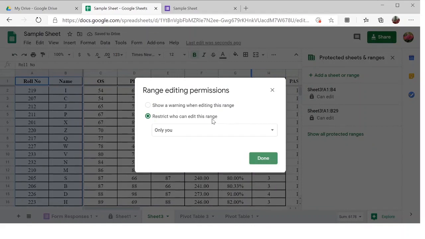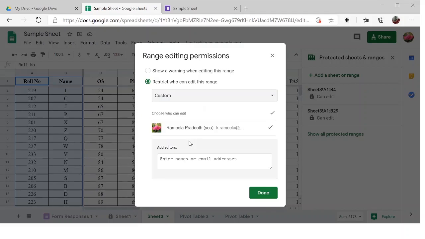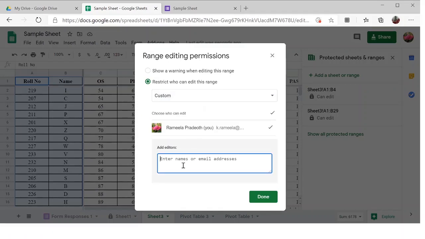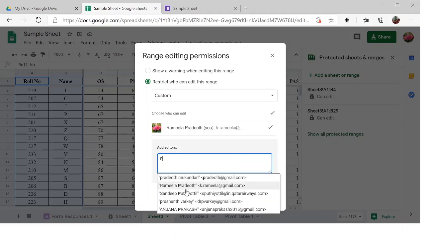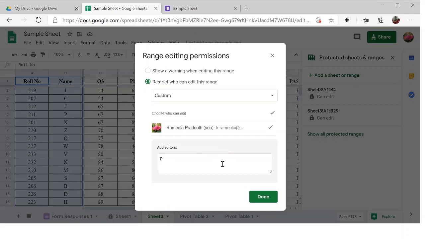You're going to set the permission. So the permission is set as a warning when editing is done, or restrict who can edit the page. Only you can edit the page, or custom permission can be provided, that is, you can permit the people who can edit the page. If I'm giving, this person can also make the changes. No one else will be permitted to make changes in this particular column. Or if I don't want anyone to make any changes in this particular sheet,